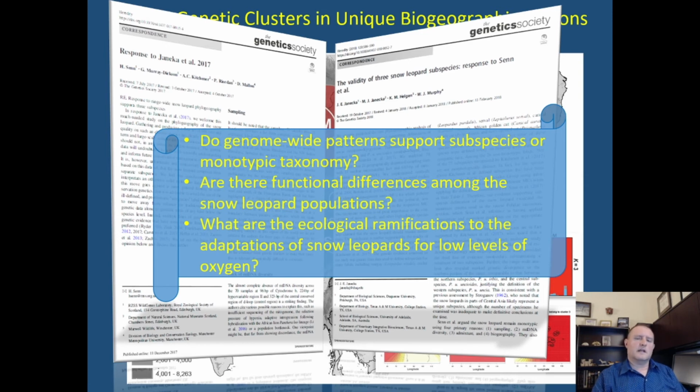And so we need more data to examine the genome-wide patterns of structure in this particular region, right? If we genotype SNPs across the whole genome, are we going to have patterns that support one versus the other? The only way we're going to know is by doing more in-depth genotyping and sequencing. The other important question is, now that we have these potentially three genetic clusters or different genetic populations, whatever you want to call them, ESUs or subspecies, are there actually functional differences between these different areas? And then finally, now that we've discussed that snow leopards potentially have these high altitude adaptations in these two genes that are important in the cell's response to hypoxia, are there potentially ecological ramifications to these adaptations